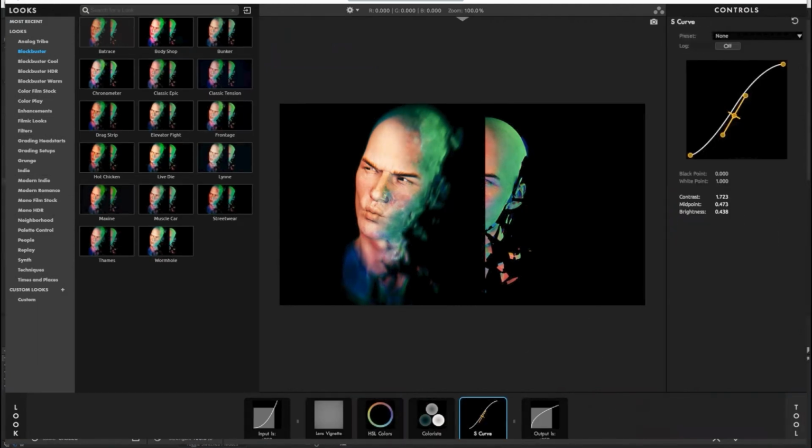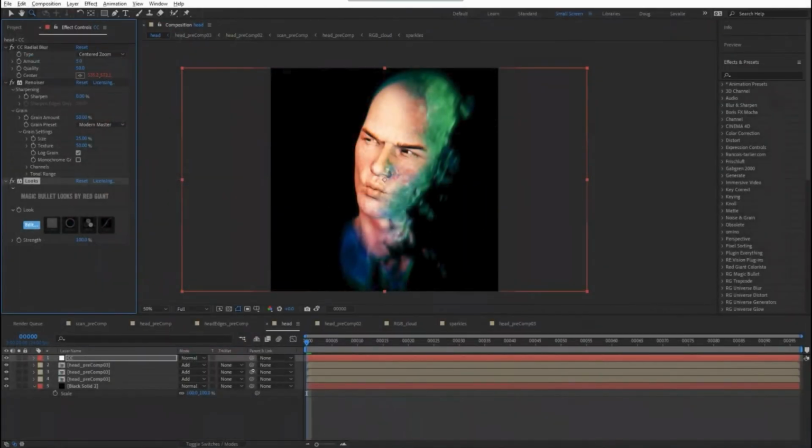You can tweak it and adjust it to your liking, but even if you never touched any of this stuff and just use these looks, I think it's pretty powerful. I know now that this is built into Redshift, so you can get it straight out of your renders. But like I was saying before, I like to do all my stuff in post and have as much control as I can in post, so I wouldn't want to bake this into any renders.